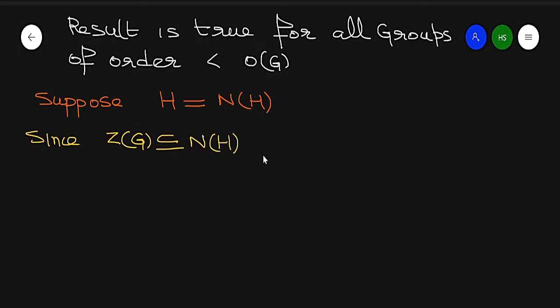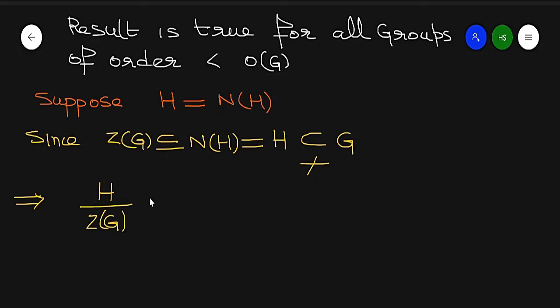And the normalizer of H we have taken is equal to H, and also we know that H is a part of G but is not equal to G. It means H is a proper subgroup of G. If H is a proper subgroup of G, then Z of G is again a proper subgroup of G. So it implies H by Z(G), where this is the center of G, is a proper